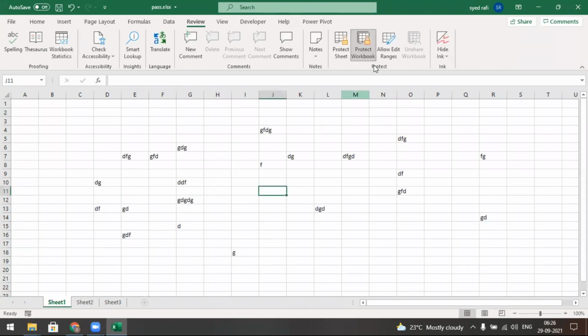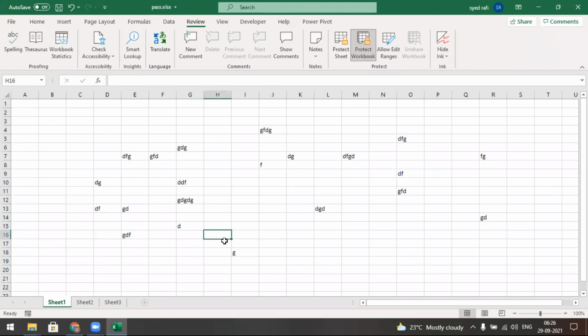Protect workbook means the sheets are available, and you may type in any sheets and modify them, but no permission will be given. You can't insert any new sheet, and you can't delete or rename existing sheets, move or copy, tab color, or hide. You can't do these things using protect workbook.